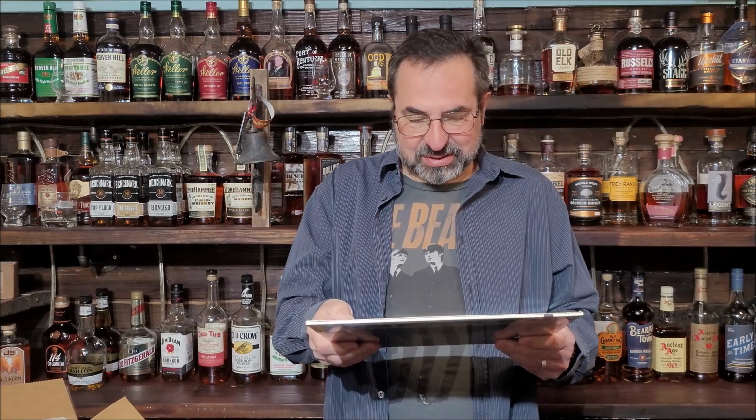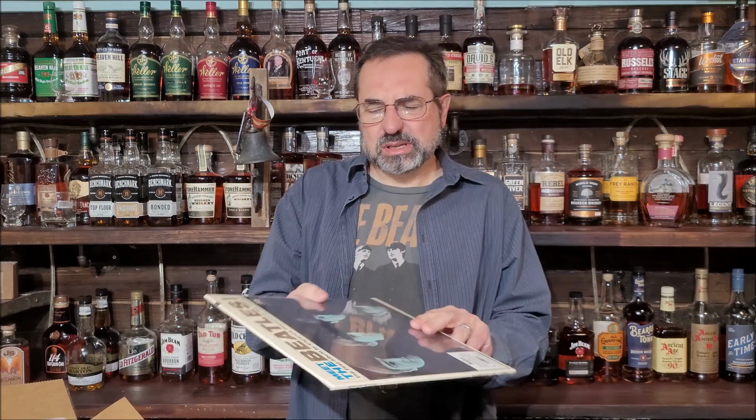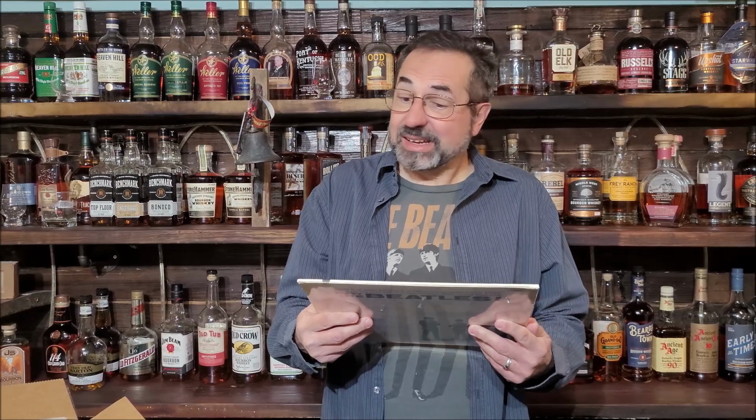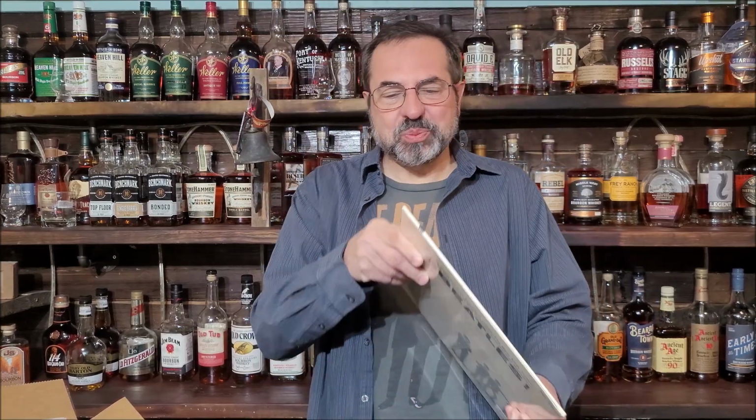You know, the last time I bought a brand new American Beatles album, it's back in the early 80s. To actually have a sealed copy of Meet the Beatles, you know, and the mono pressings went away, what, in 67-ish, I think. It's just, it's really neat. So I'm gonna open this up,